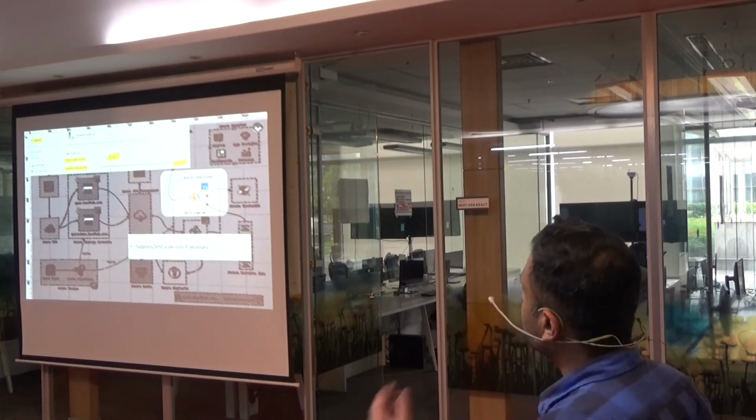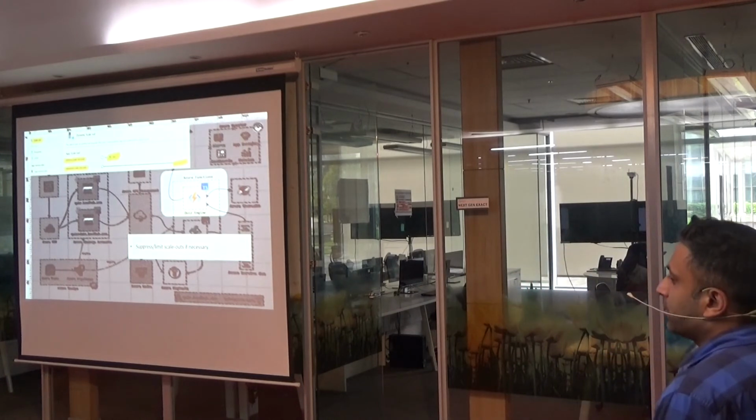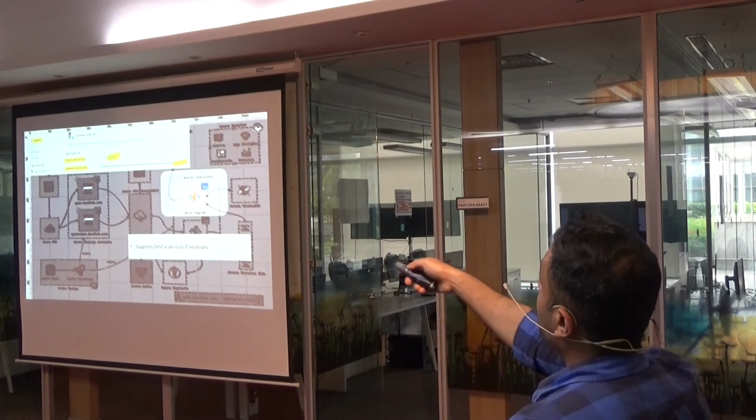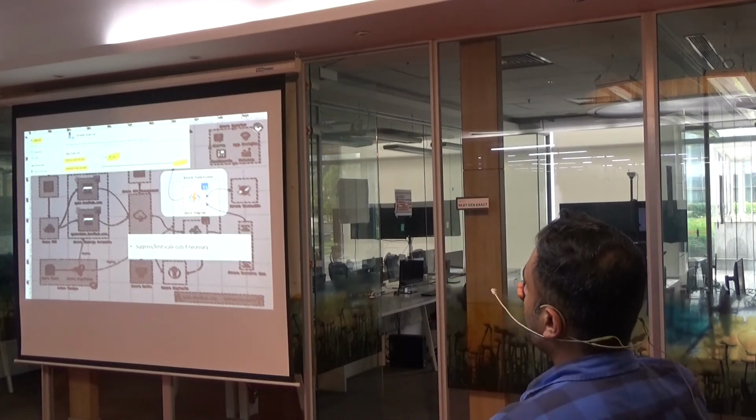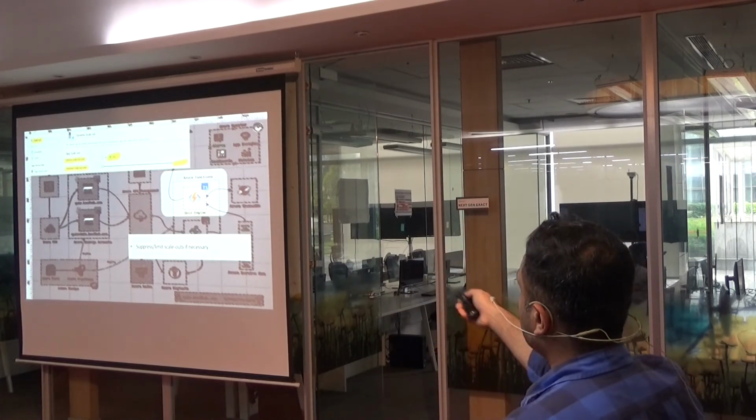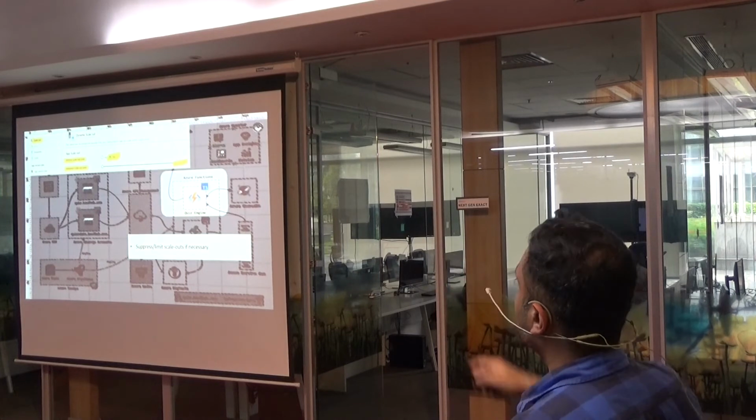So for this quiz engine, we suppress the scale out limit because we don't want it to scale arbitrarily. It can scale up to 200 instances, and we don't want 200 instances hitting the database simultaneously. So for this one, we suppress the scale out limit.